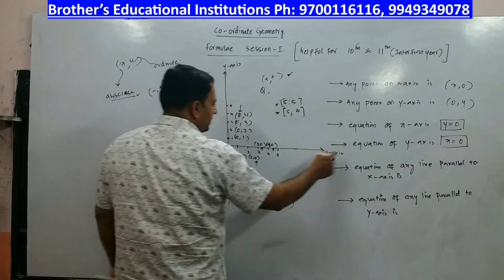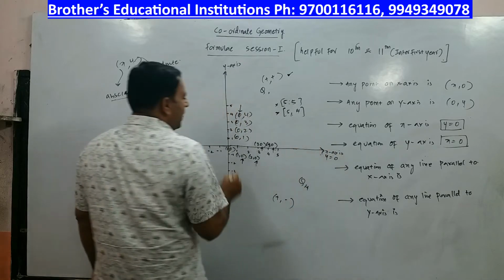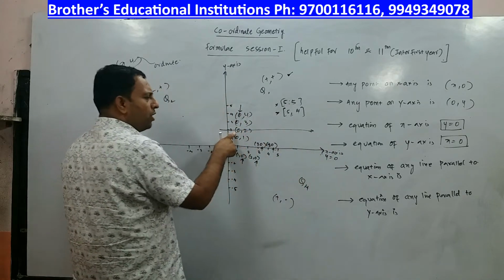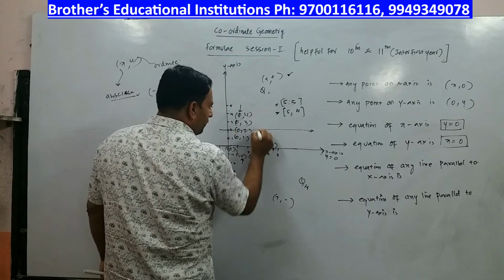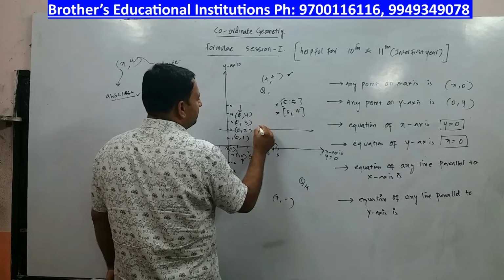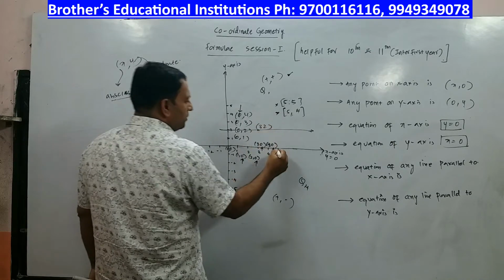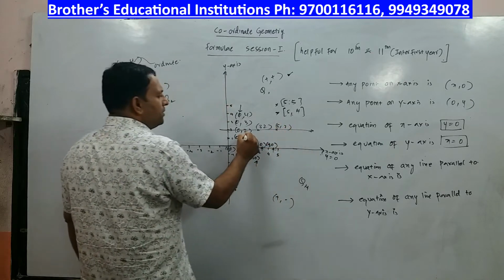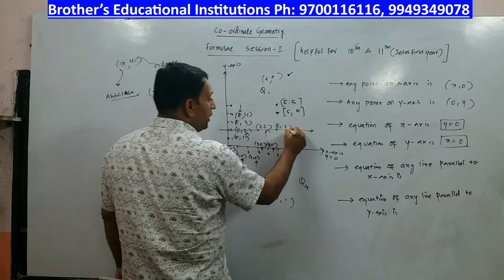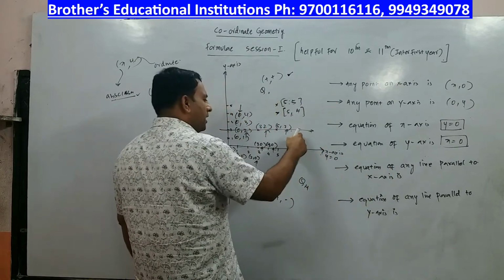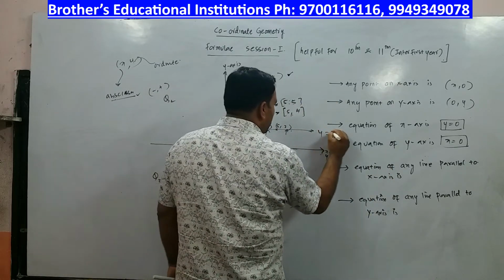See, this is x-axis. Its equation is y is equal to 0. And if I draw a line like this, you know what is the point here? 0, 2. Tell me what will be the point here? The point here will be 3, 2. What will be the point here? It will be 5, 2. And if you can observe, everywhere it is 2. What is 2? Y is 2. So you will say the equation of line parallel to x-axis is y is equal to 2.